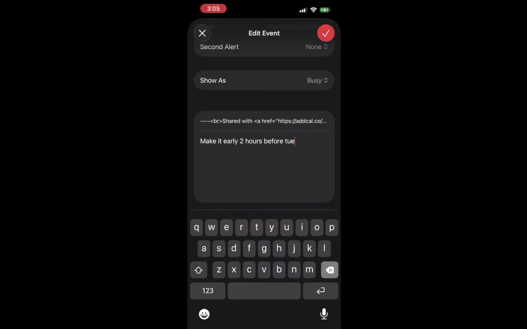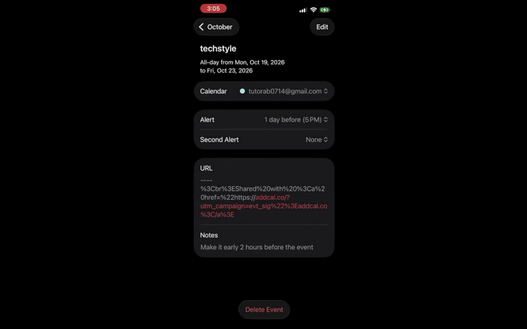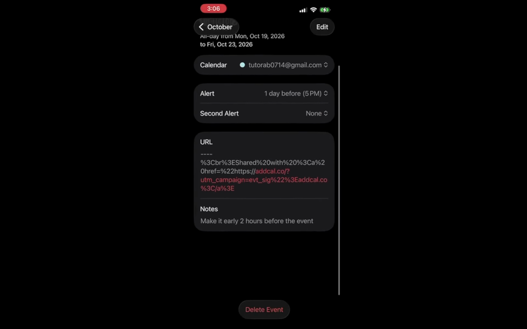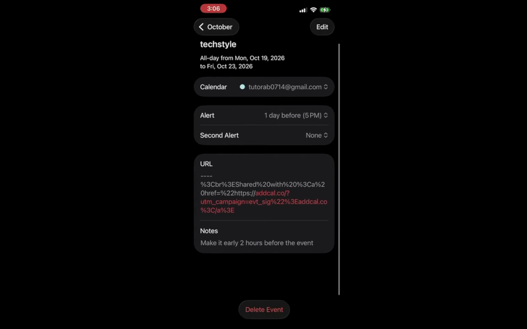Finally, tap Done in the upper right corner to save the event. This action confirms all your changes, including the notes you just entered. You will see a confirmation appear that your edits have been saved. This step is essential because it ensures your information is recorded accurately, so you don't lose any of your important notes. Your calendar is now more informative, making it easier to navigate your busy schedule.